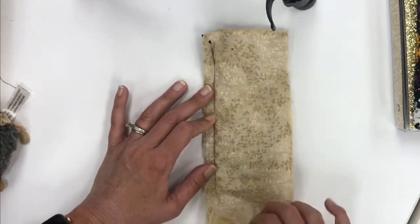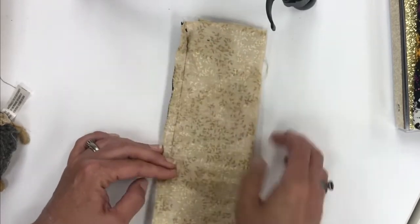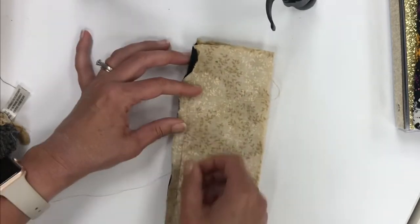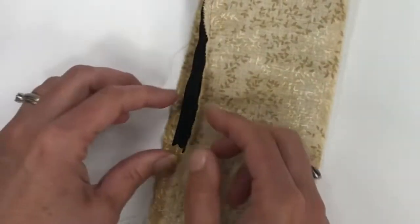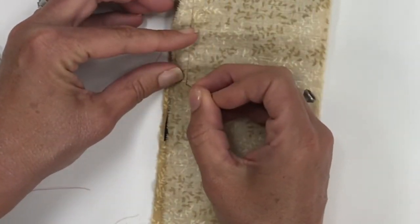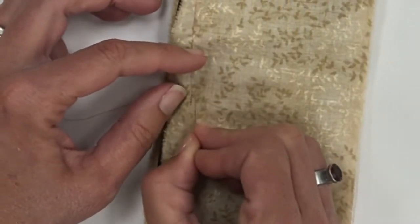Here's our seam. Right sides are together. We want to continue that, but we need our right sides together, our raw edges even. So when I get both my raw edges lay flat, we would love to just continue this seam straight down. But we can't because it's bulky, because even though it looks like it's just two seams, there is a secret invisible zipper hidden. So if I try to sew right here, your needle, it's not gonna work because it's just too bulky. So what we do is we sew right next to it as close as we get,